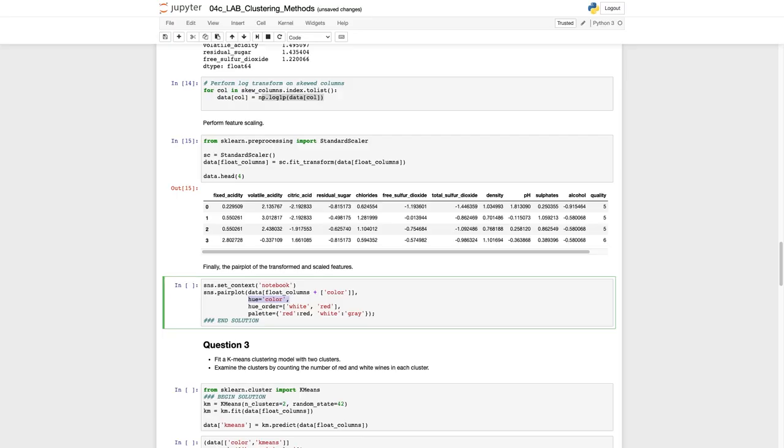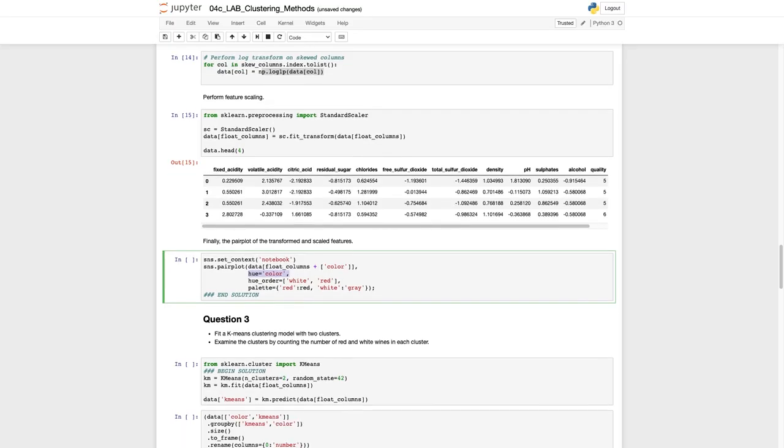We're just ordering it white then red, and then we're just saying our palette here, we want red to be equal to the red that we defined earlier, and then for white we're going to use gray as the coloring for it. Now I'm going to run this, and pair plots generally take a bit of time to run,